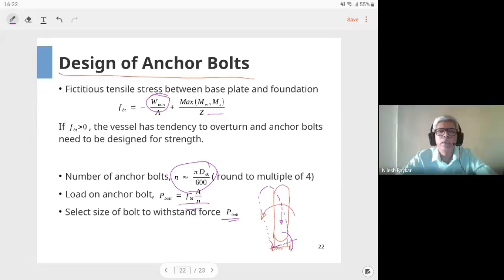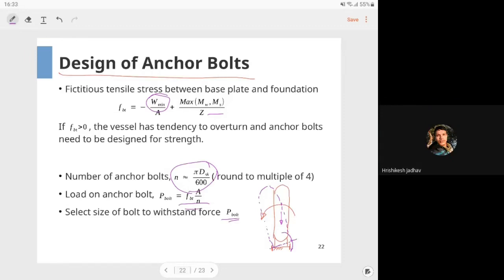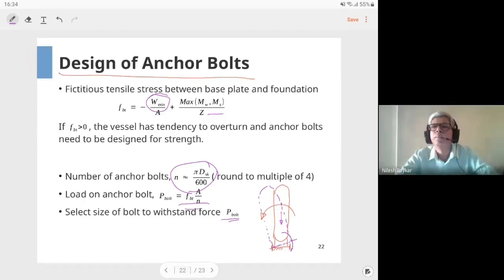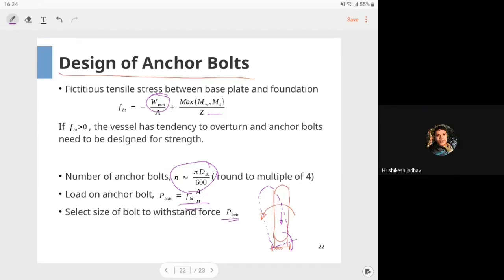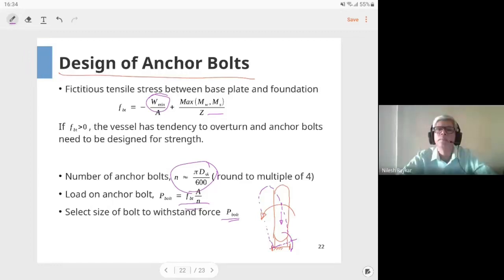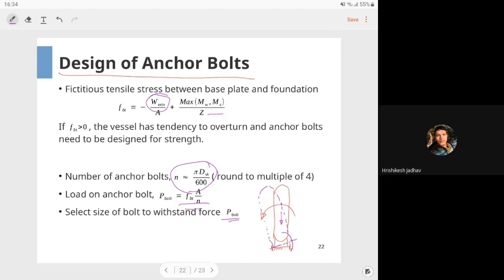Okay. Any other question? Hello, sir. Yes, sir, I have a question. In this slide, we are saying that the weight of the vessel will try to bring back the vessel against the wind load. But we are taking the minimum weight of the vessel. If the CG goes beyond a certain limit, then an additional bending moment will act due to the weight as well as the wind in the same direction.